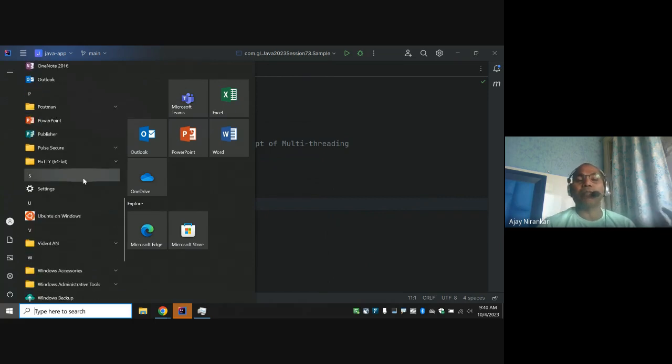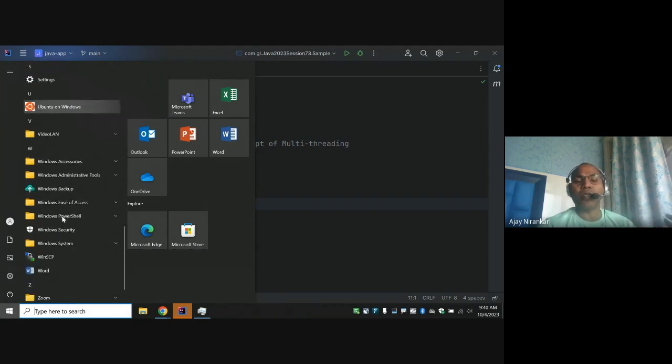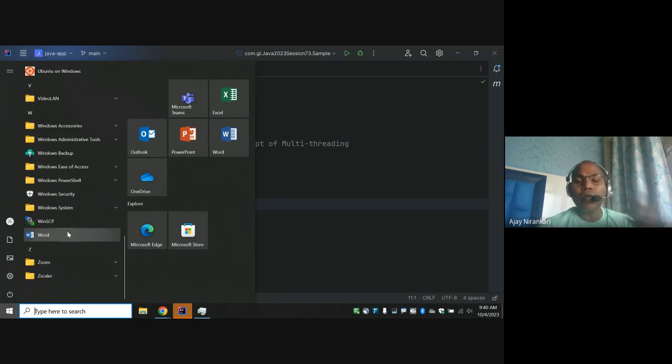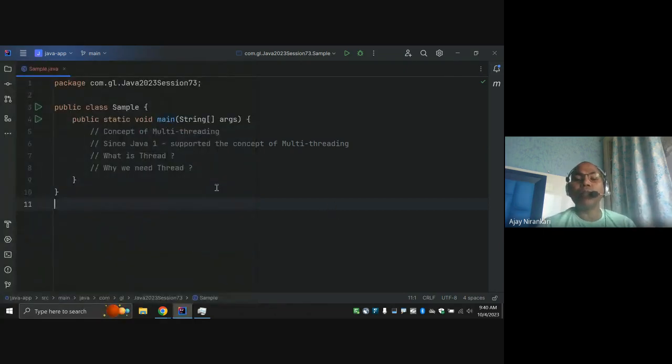Similarly, maybe Ubuntu or some software I install is one process. All the software you install in this operating system is considered a process.